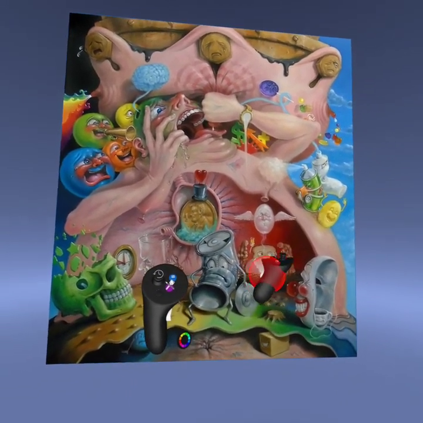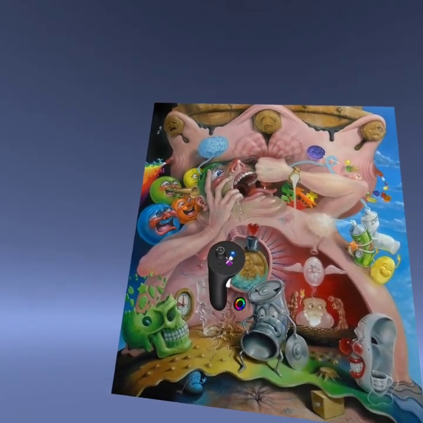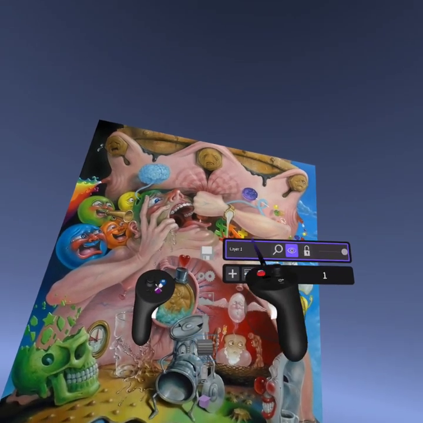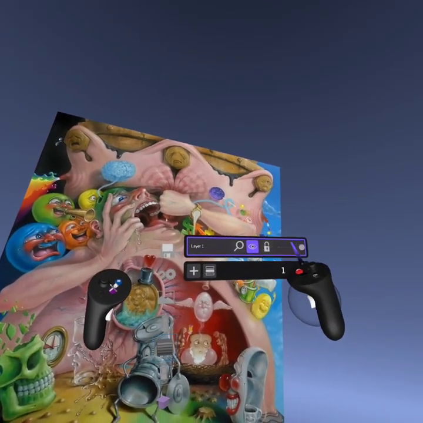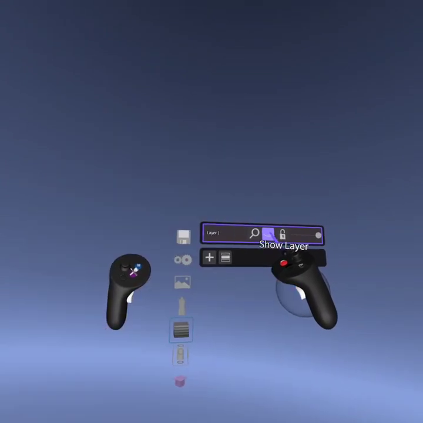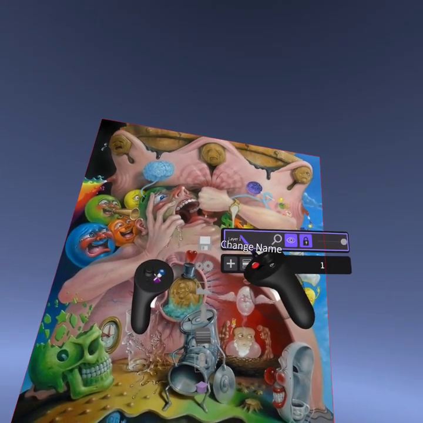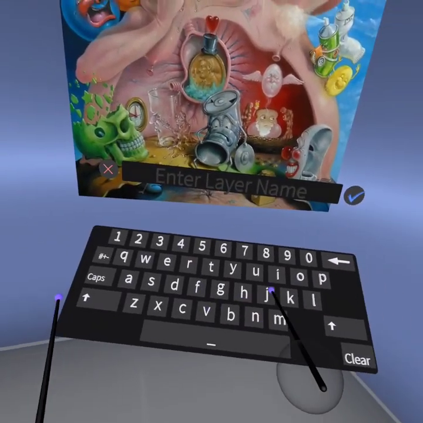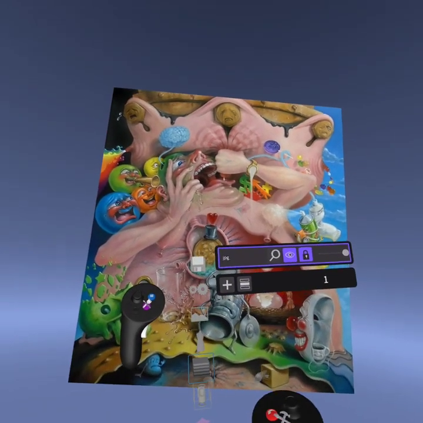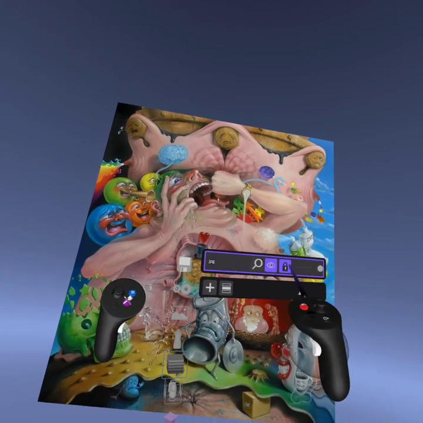So I'm gonna put this image on a layer. This right here, blue button, layers. It is in my layer right now. When I click on that, you see that it is here. So if I push the eye, it disappears and appears again. I can lock it, and I can name it too. So I'm gonna name it JPG. So then I know that's the image, right? How did I get that? With my pointer,